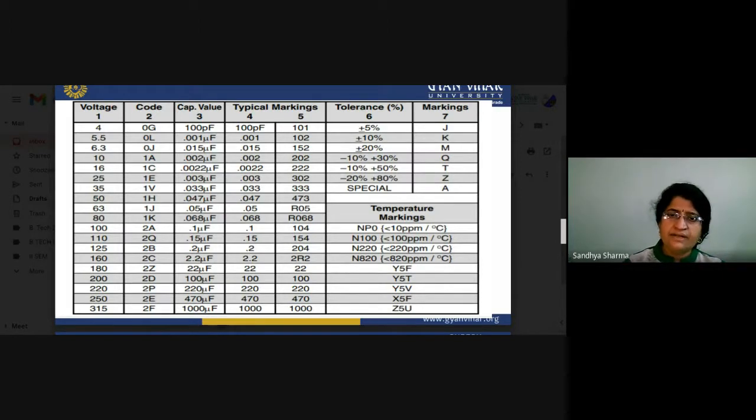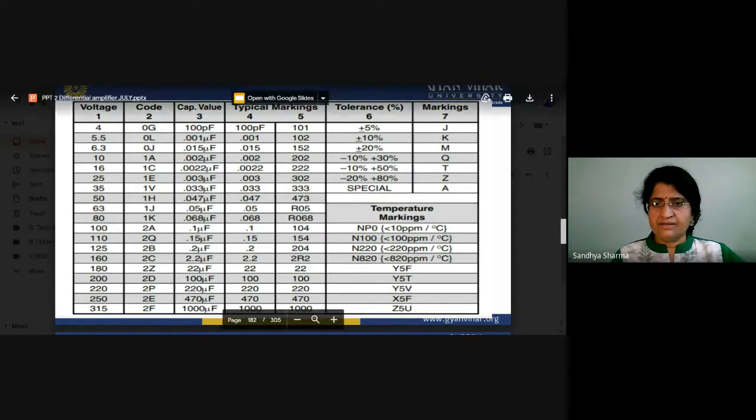You can also write your values in the form of 10 to the power something. So in the fifth column, 102 means 10 to the power 2, 103 means 10 to the power 3. So that is the basic marking scheme, and these are the tolerances for different colors, and we will use this. And there is also a small brief notation.